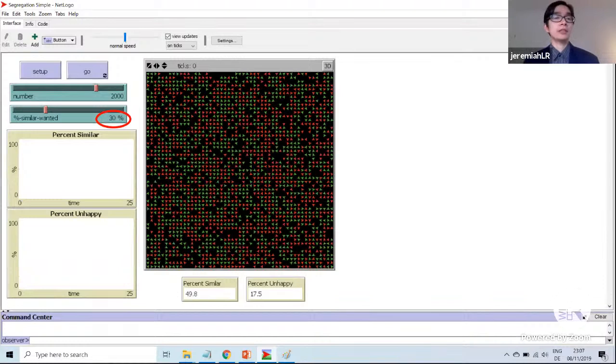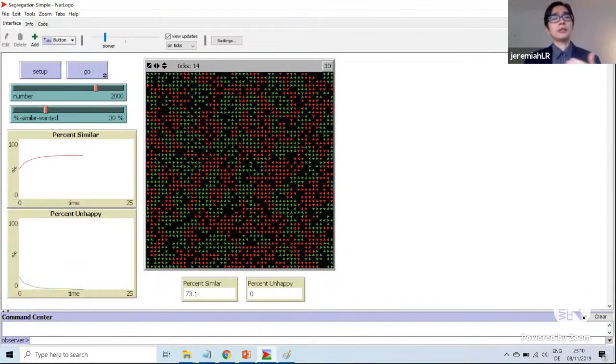And if they're not happy, then they will move to a different place. We also see 2,000 agents here of two different colors, green and red. And if you let this model run, agents will keep moving until they are all satisfied, and you end up with this result where you see some kind of segregation in the neighborhoods.